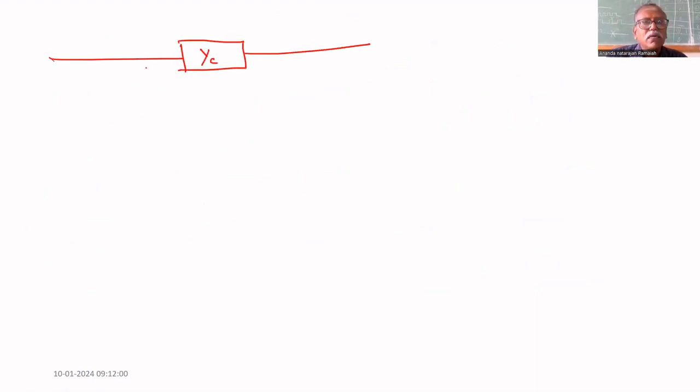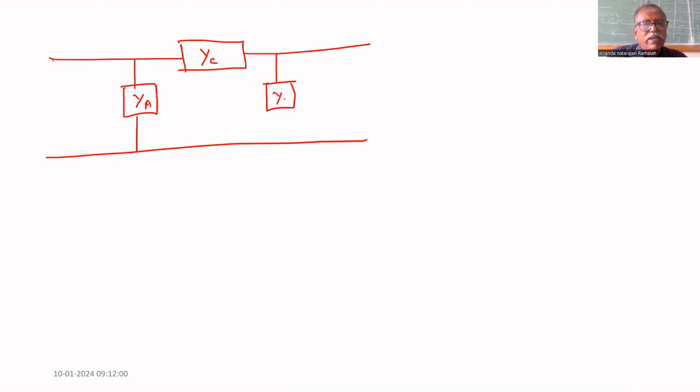This is YC and this is YA. This is YB. The voltage across this is V1 and the current is I1. The current entering here is I2. The voltage is V2. For this, we have to find the parameters Y11 because what is Y